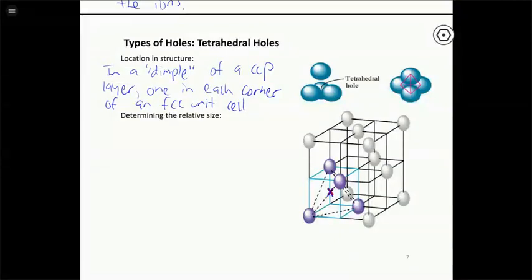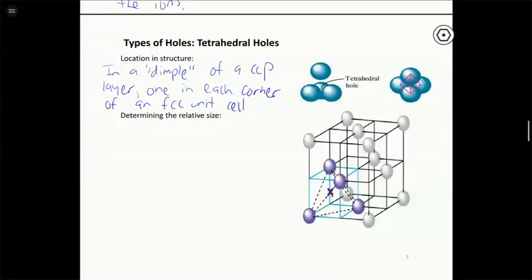So you have this one here, you're going to have another one in this back corner, and all 4 on top as well. So you have a total of 8 corners in the structure, and each one has what we call a tetrahedral hole situated there. That one's a little bit harder to visualize, but it's located inside the structure, which is important, and we can now calculate the radius of this.